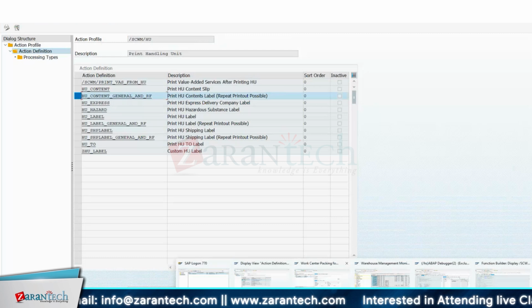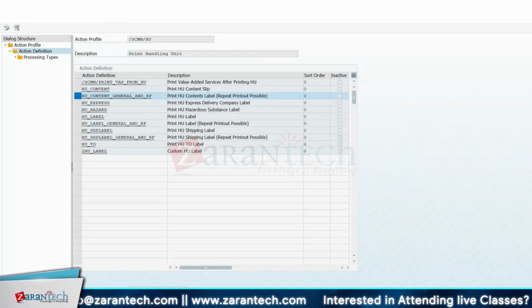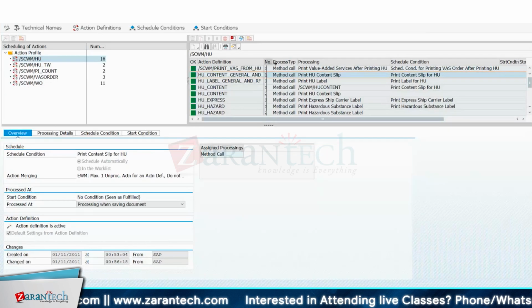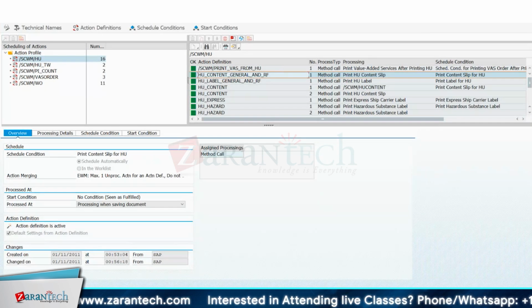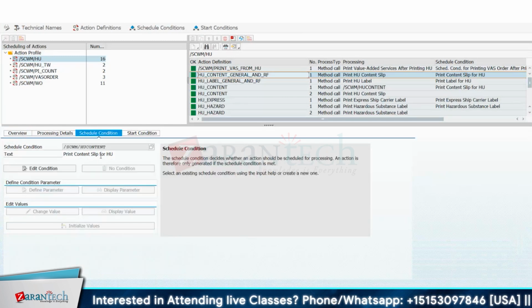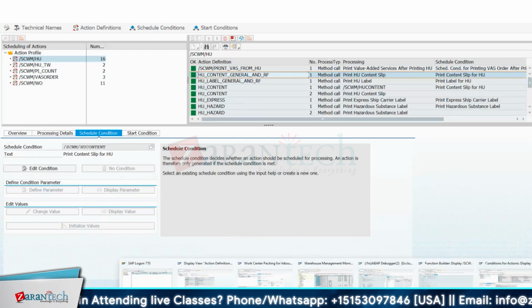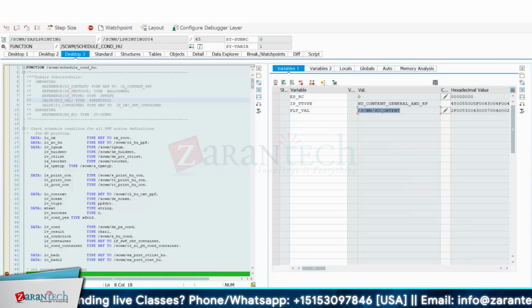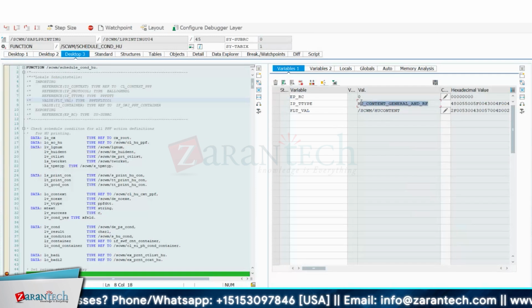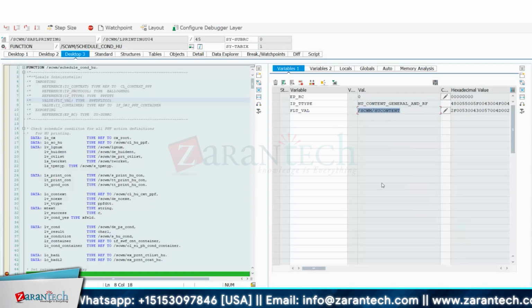I should have another screen also, so that I can show the comparison. I'll open that as well. So right now we are in this content general and RF. Let me select this and check the schedule condition. The schedule condition is HCWM HU content. Is it the same value? HCWM HU content. So for this action definition, there is a schedule condition maintained that is being evaluated at the